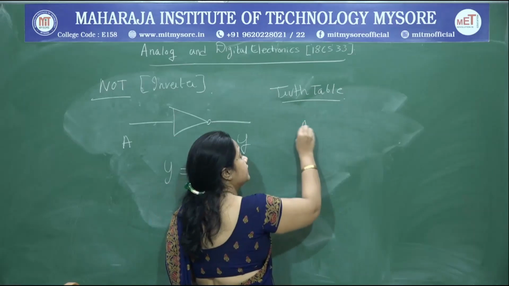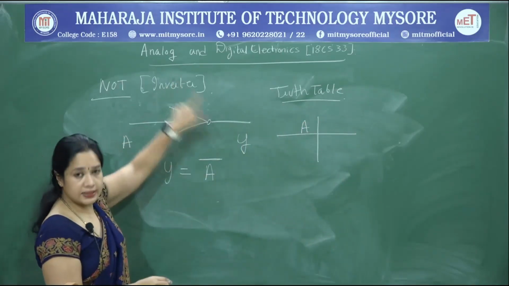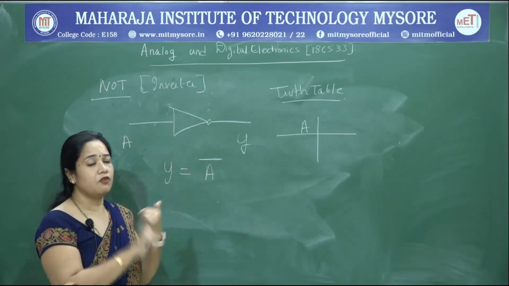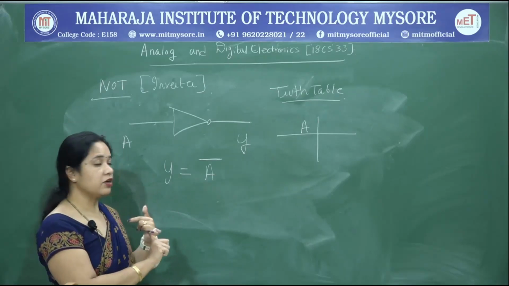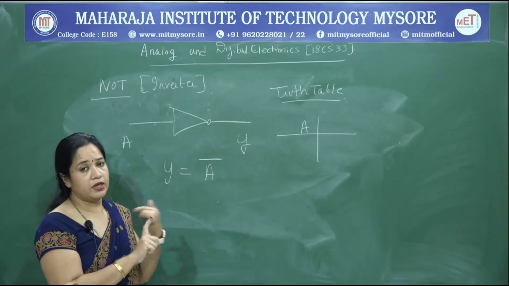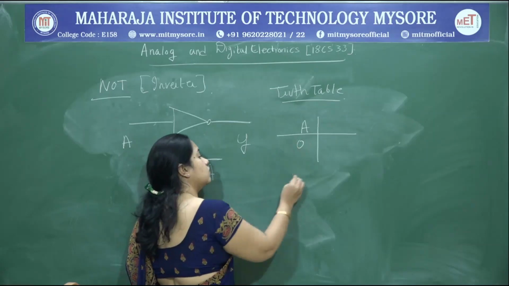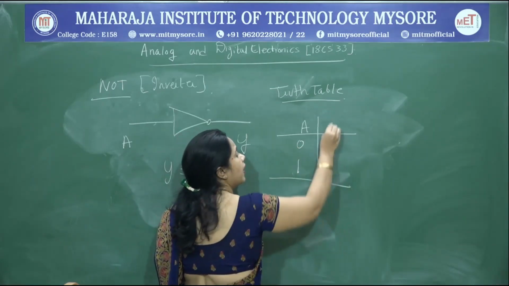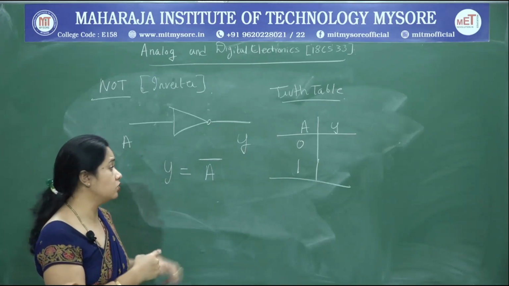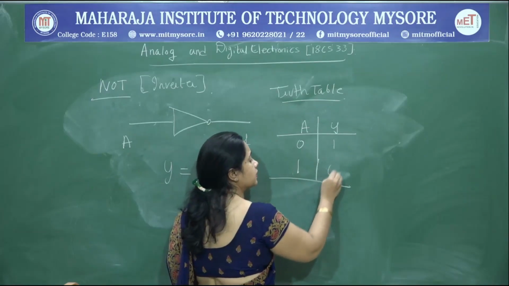If A is the input, A can take only two possible values because, as I said, it is binary. At any instant a binary value is 0 or 1. A digital signal can take only two values, 0 and 1. So possible values of A include 0 and 1, and the output Y is the inversion. It says not to the input. If the input is 0, the output is 1, and if it is 1, the output is 0.